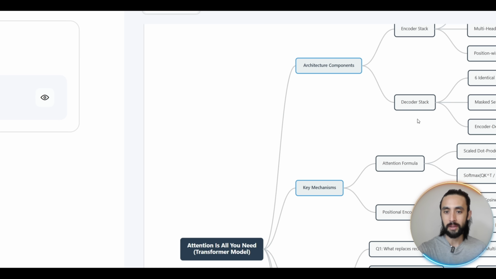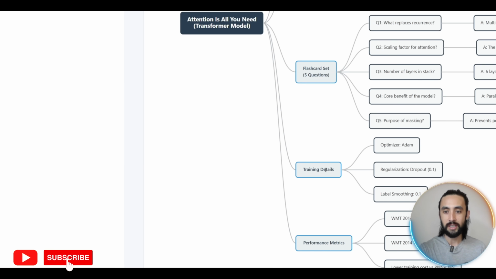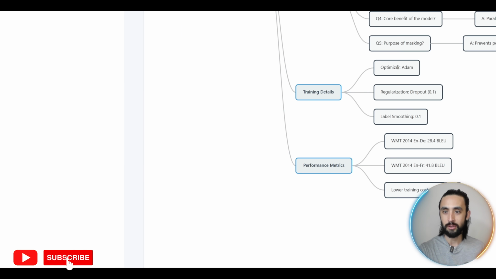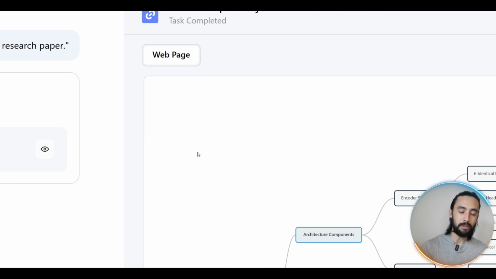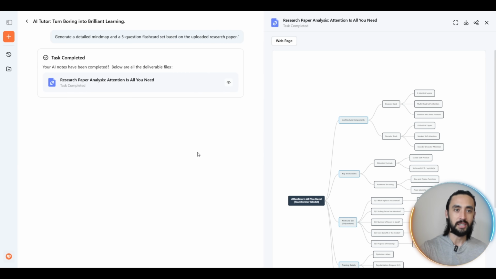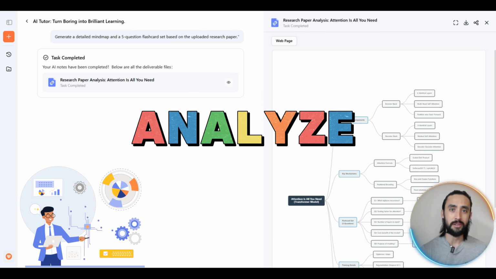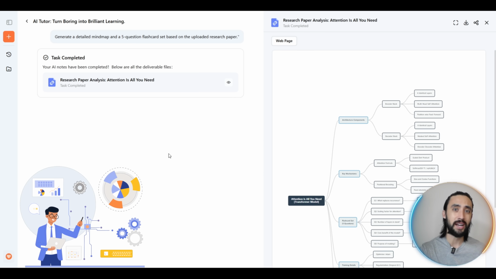If we just scroll in a little bit there, zoom in, we can actually see training details, for example. Then it leads on to optimizer, regularization, label smoothing. Really nice. So it was able to actually pop out those flashcards in just a matter of a few seconds. So what it essentially is able to do is analyze abstract concepts and precisely extract key exam points, empowering in-depth